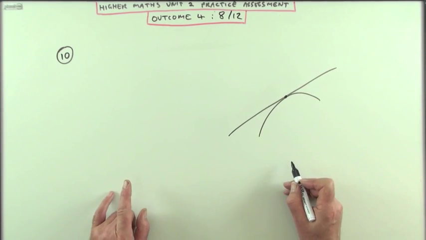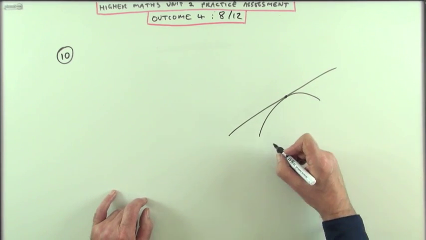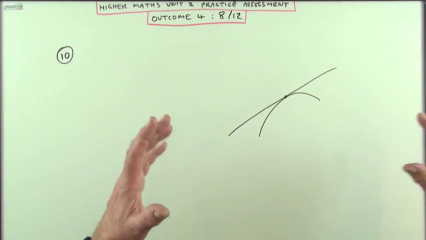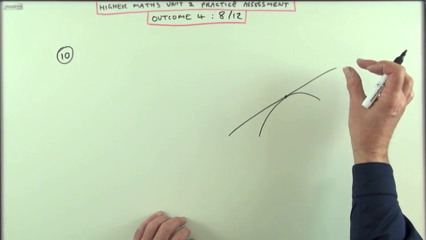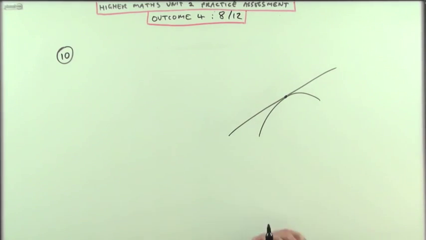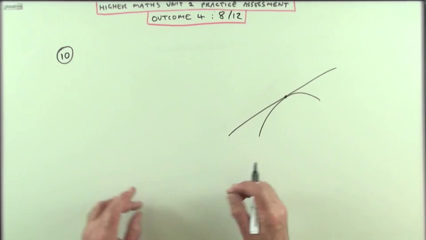The only difference with circles is the equation of the circle is written in the form of x squared plus y squared. They're all jumbled up. It doesn't just say y equals. So you can't just say that equation equals that equation. You'll have to carry out the formal substitution. Well, as an example,